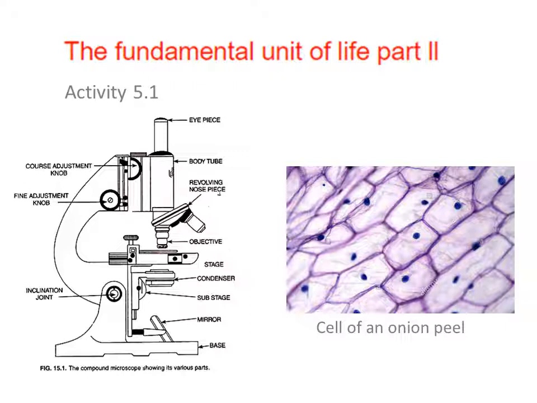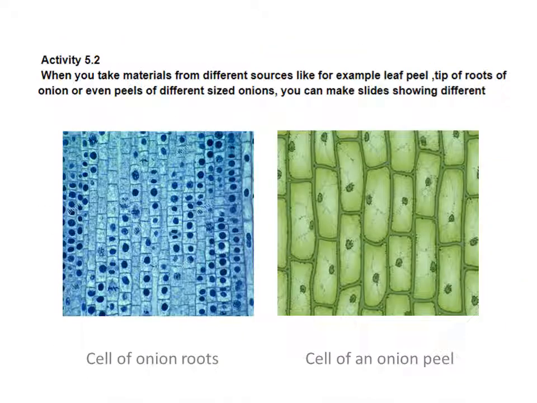You can see a microscope. As soon as we return to school, this is the first practical we are going to do. The activity is that we have to make a slide of onion peel cells under the microscope, and at that time we'll introduce you to the various parts of the microscope and their functions. These are the cells we'll prepare once we see our slide under the microscope. So this is the first activity.